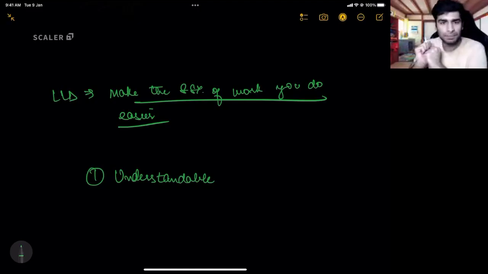Let me take you an example for this. So I was working on a project a few years ago, 2, 3 years ago, and there they had such a brilliant code base that I once encountered a bug there. And without even going into the code, I had not gone into the code.